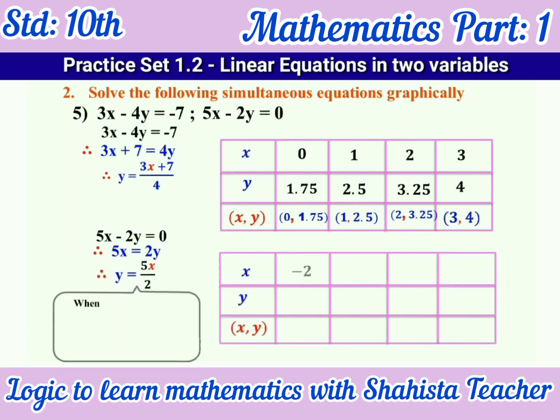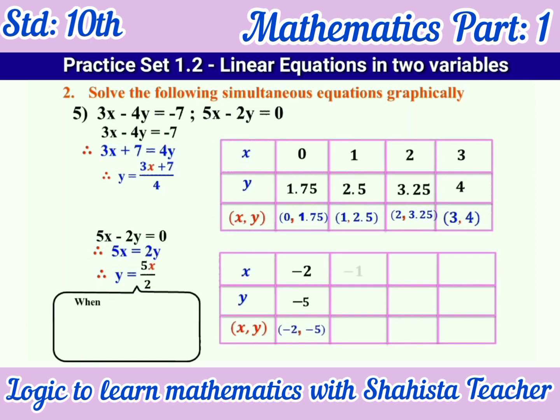So again draw the table x, y. Okay, x is equal to minus 2 and we don't know the value of y. Here we have considered x is minus 2. So in the place of x we will put minus 2. So y is equal to (5 times minus 2) upon 2. 5 2s are 10. Minus 10 upon 2. 2 5s are 10. Minus 5. y is equal to minus 5. So x is minus 2 and y is minus 5. So (minus 2, minus 5). So simple and easy to solve.